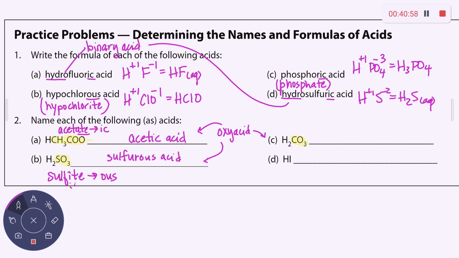Basically, you go with the one that sounds better. That's what people will tell you. Over here, CO3 is carbonate. Ates become ic. So this would be carbonic acid. Okay. Last one, D is the binary acid. Technically, it should have the aq right here. Otherwise, it's really hydrogen iodide. So remember, binary acids begin with hydro, and then you put the non-metal and change the non-metal ending to ic. So this is hydroiodic